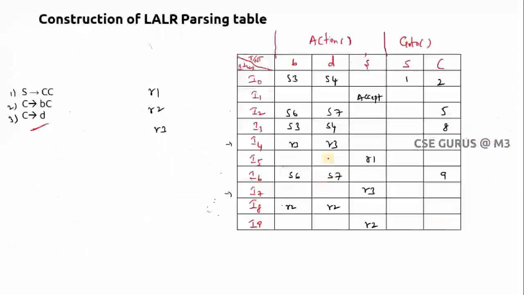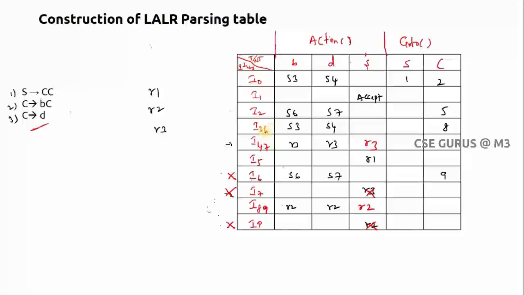No. So now you can see what we have written, I4 and I7. I will cancel these and make it I47. I36, I'll cancel these and make it I36. And I'll cancel 8 and 9 and make it I89. Similarly, for I9, R2 has to be written here. And for I47, which is I4 and I7, R3 is there, this must be here.